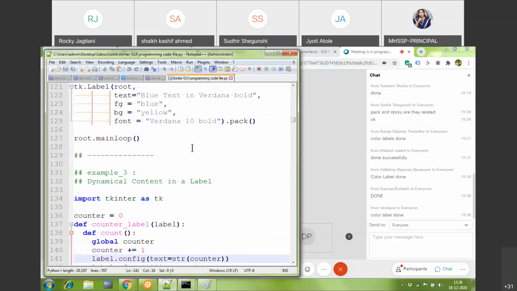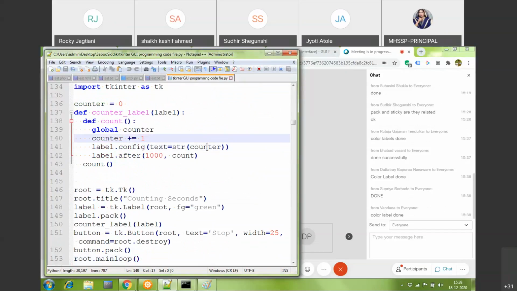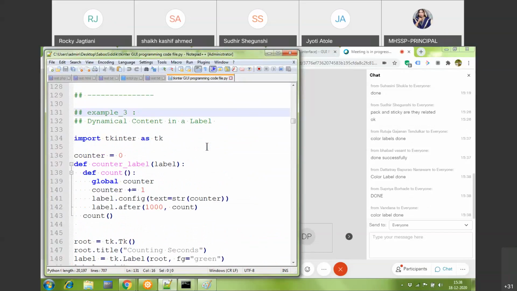Okay, now as we progress ahead, we're going to learn more and more options. So I know you will be feeling, how can this be possible, how can that be possible. See, of course, all options are not possible to touch in 2 hours because GUI possibly needs more creativity also. So every option with each other will look very clumsy. But then yes, after my 2 hours of training, if you do a self execution for another 2 or 3 hours, I think a sufficient amount of GUI programming would be known to you. Right. So example number 3,